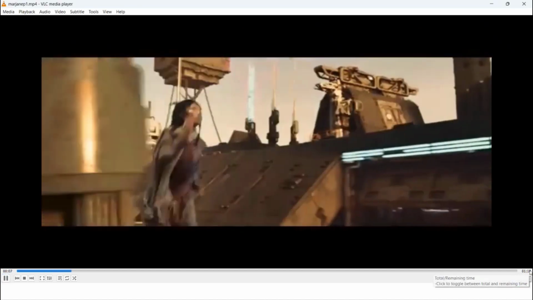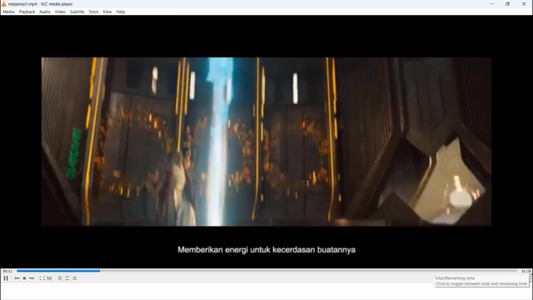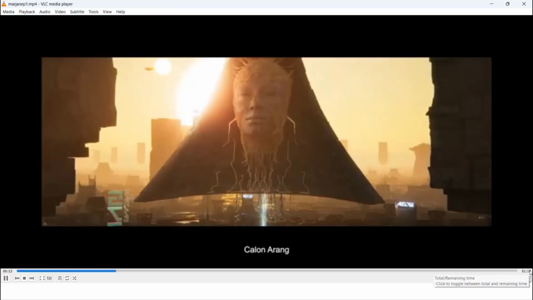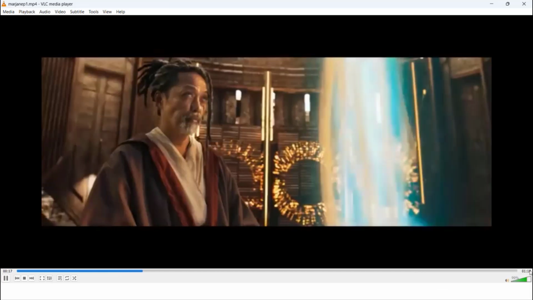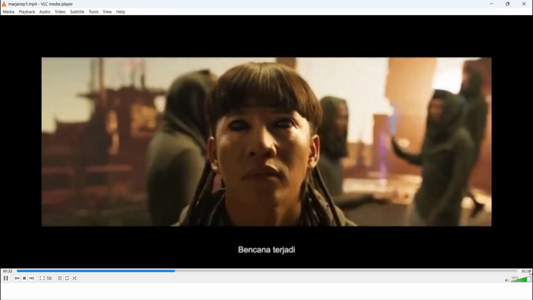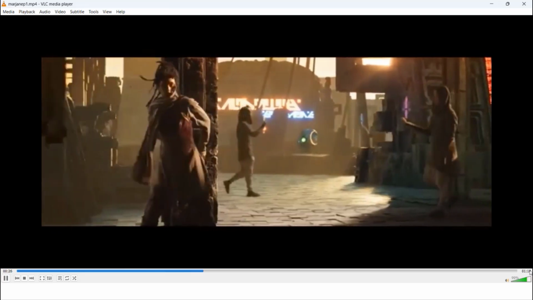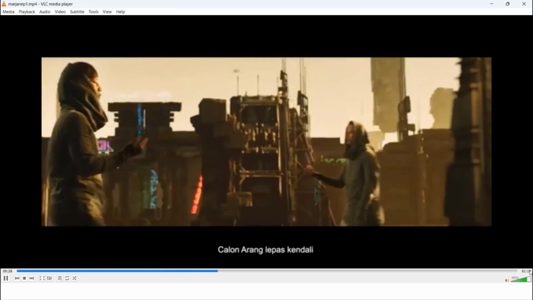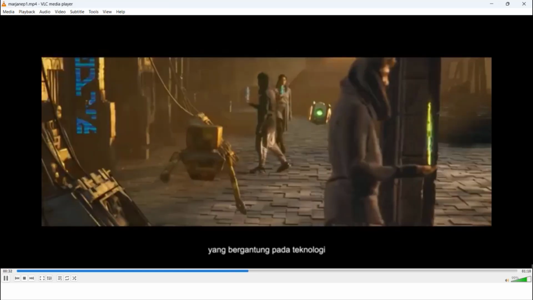Ayahku Empu Barada memberikan energi untuk kecerdasan buatannya. Calon Arang. Bencana terjadi. Calon Arang lepas kendali dan menguasai manusia yang bergantung pada teknologi.